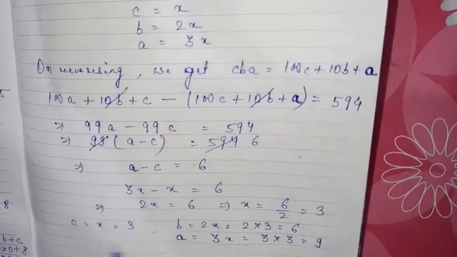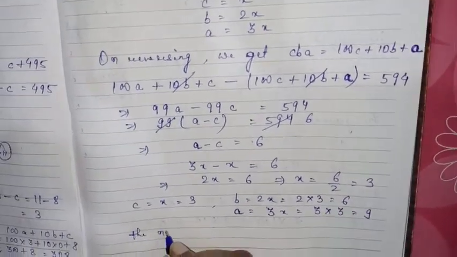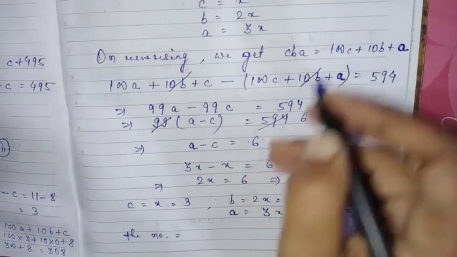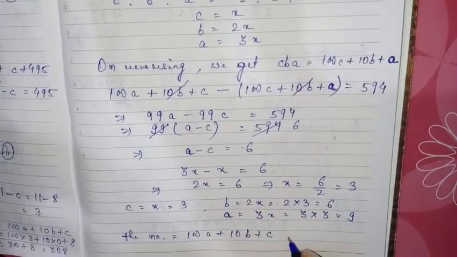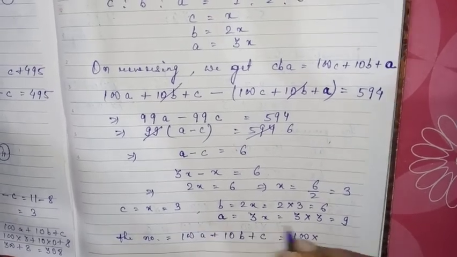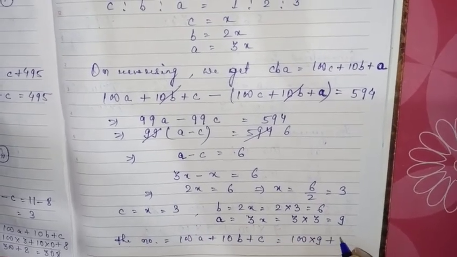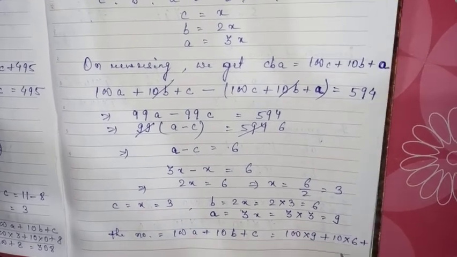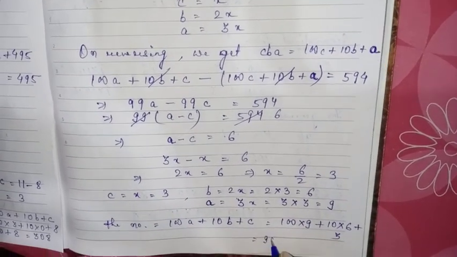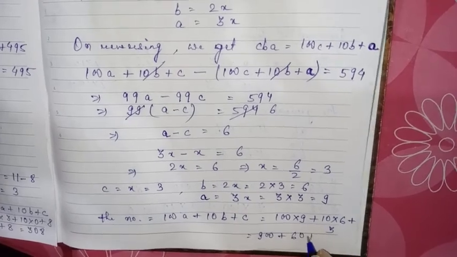So the number is equal to 100A plus 10B plus C, that is 100 into 9 plus 10 into 6 and plus 3, that is 900 plus 60 plus 3, that is